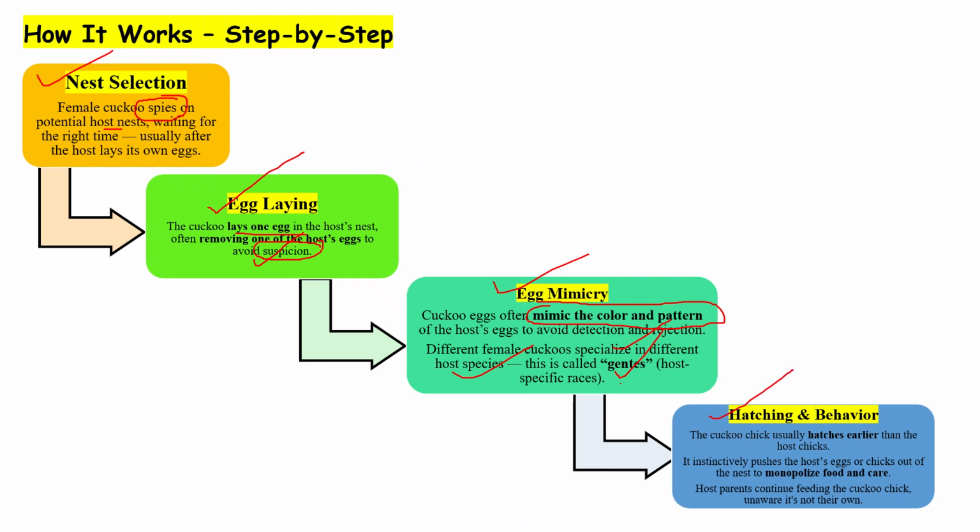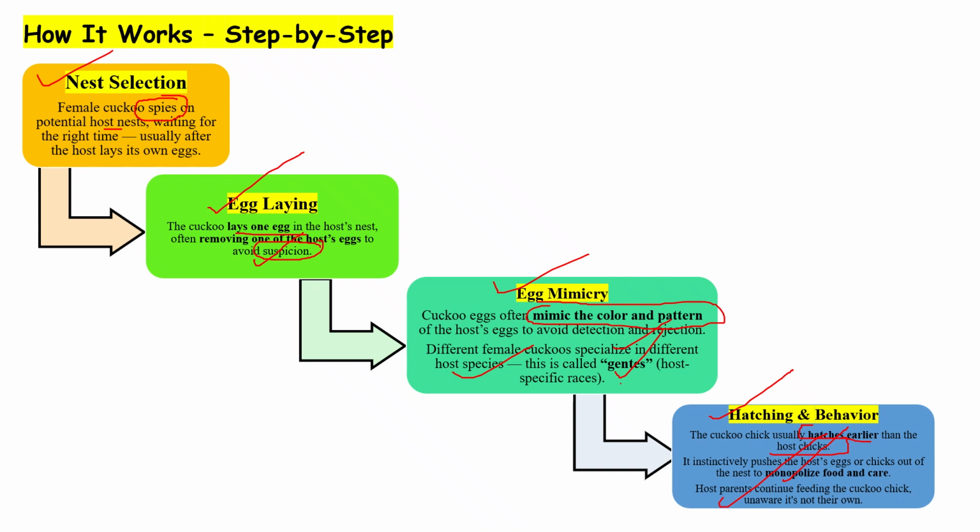Fourth one is hatching and behavior. The cuckoo bird usually hatches earlier than the host chicks and instinctively pushes the host chicks out of the nest, monopolizing the food and care. The host parent will continue feeding the cuckoo chick, unaware. They don't know that it is not their own child, yet the host is going to raise the young